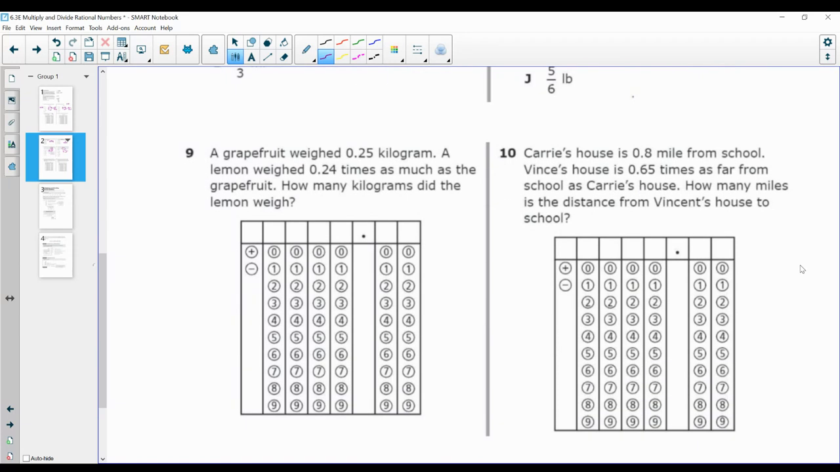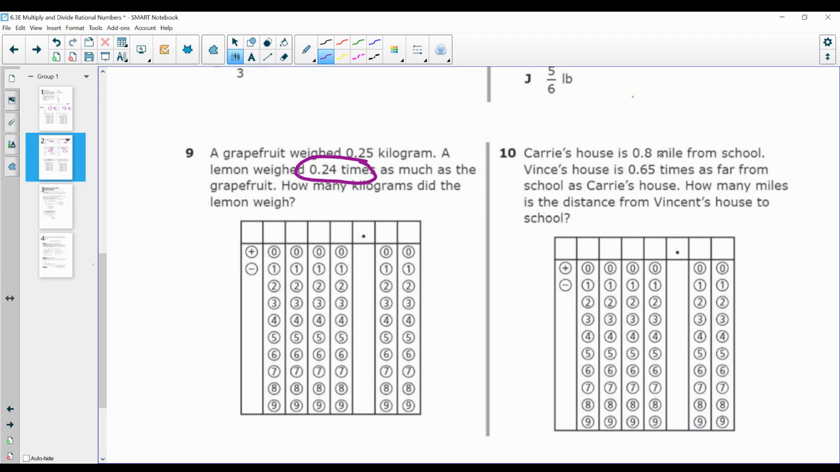Number 9, a grapefruit weighed 0.5 kilograms. A lemon weighed 0.24 times as much as a grapefruit. How many kilograms did the lemon weigh? So here it's already telling you the clue word, times. So there's no fractions, multiply those two numbers. Number 10,